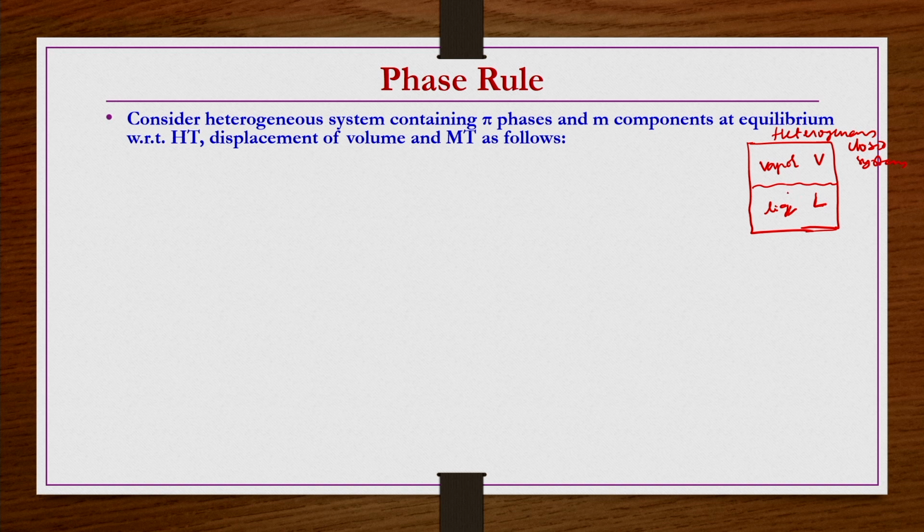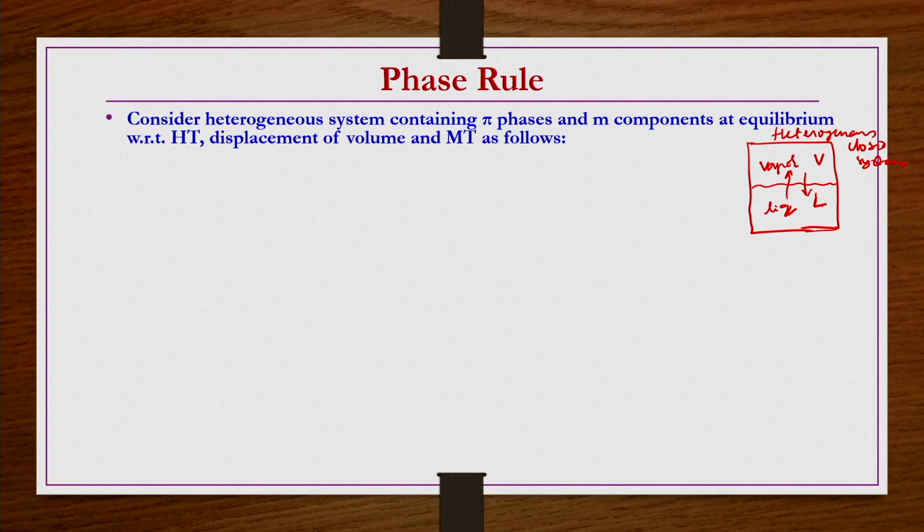There exists equilibrium amongst them. Before attaining the equilibrium, obviously the constituents from the liquid may be going to the vapor phase, and similarly constituents of the vapor phase may be coming to the liquid phase, depending on the degree of transfer of the species. Once the equilibrium is established, there will not be any tendency to exchange matter as well. So, within this heterogeneous system we have two homogeneous phases, and there is an exchange of matter as well. That is the reason within this heterogeneous closed system we can discuss the equilibrium problem.